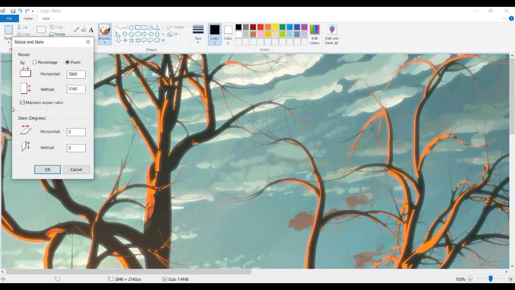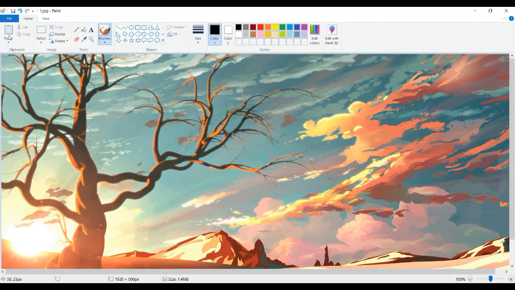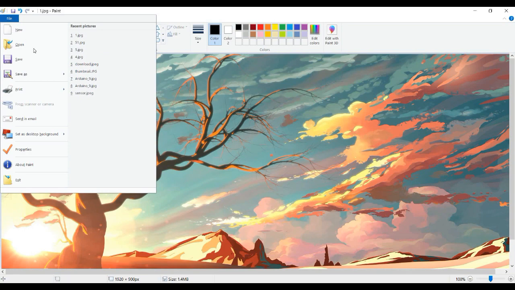Go to pixels, maintain the aspect ratio, and my screen size is 1920 by 1080. It should work, or 900. Yeah, maybe it will be okay.